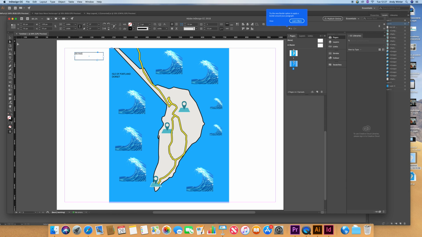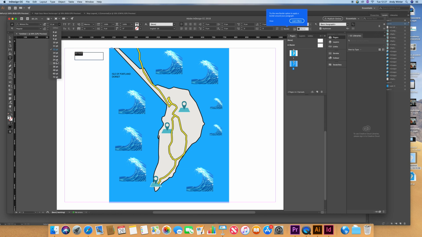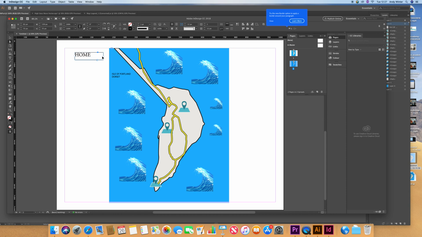Okay, if I want to change my font size, I can make this bigger, 24, get the thing, make it fit. Right, so this is my first kind of button, and again, if I right click on it